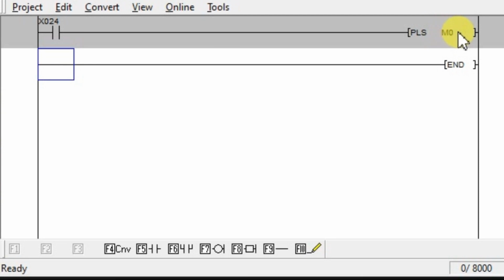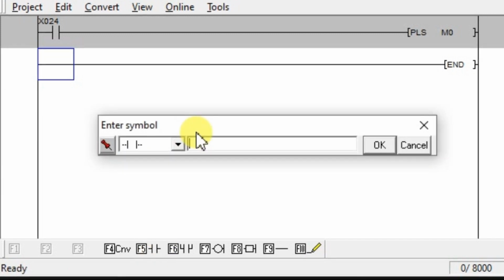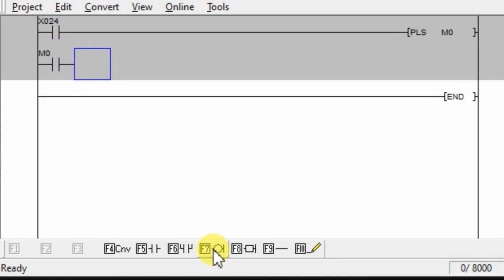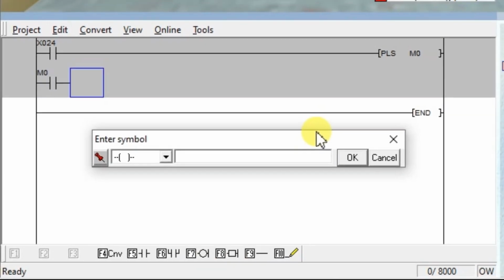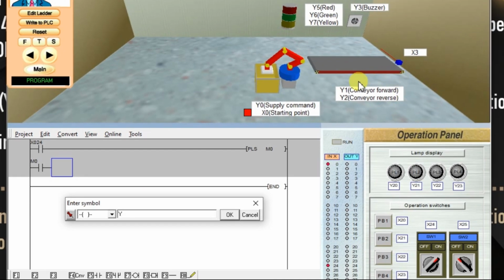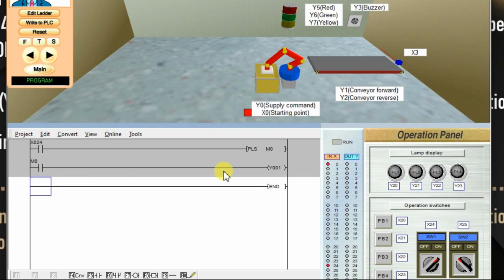For this I need to take the status of M0 on the input side in the next rung. So take one NO, enter M0. Connect one output conveyor, to start our conveyor. We are starting the conveyor in forward direction, so we have to take Y1. Click OK, and the conveyor must be in continuous running mode unless the reset button is turned on.